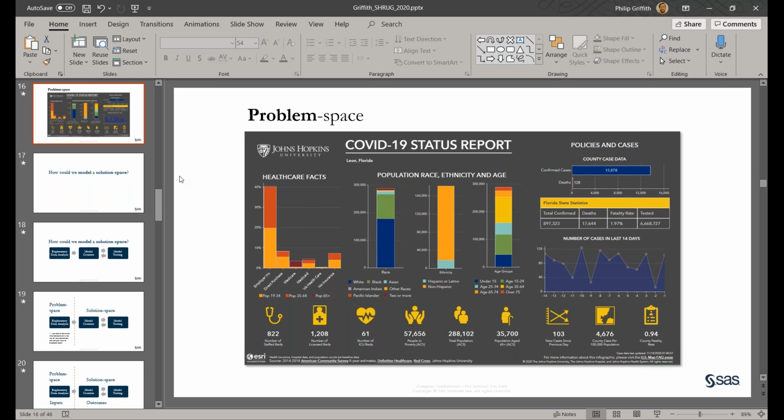Yeah, exactly. I mean, one of the things that kind of made me chuckle was in the healthcare facts here. They have Medicare, how many people are on Medicare, or the percentage of people on Medicare, and they're all population above 65. And it's like, well, of course they are. That's what Medicare is for. You're not even telling me anything I didn't know.